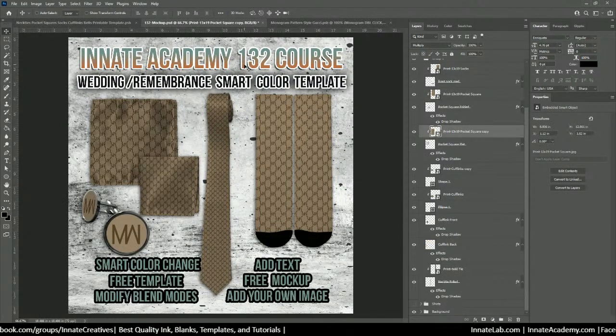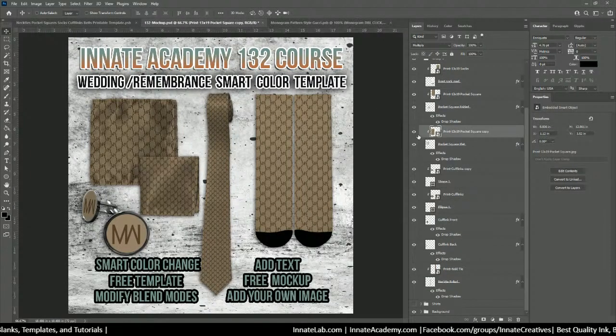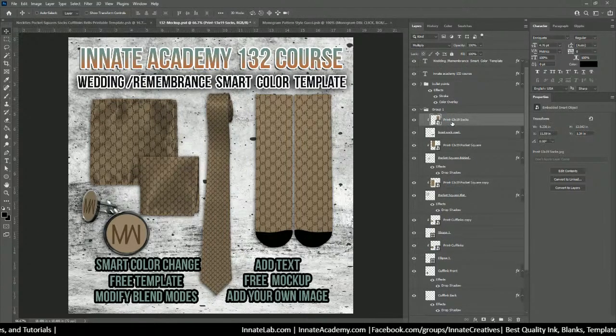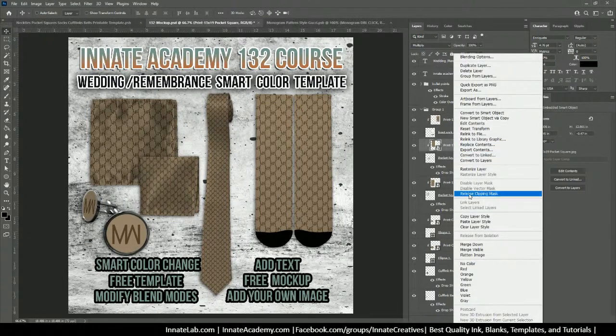Before I do that, no, I'm going to go ahead and do it because I have them all saved. All of my PNGs are saved, but I saved them as JPEGs. So in order for this to work, I need to, like I said, y'all won't have to do this. I'm going to rasterize that layer, rasterize this layer,